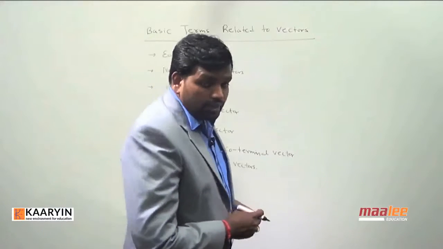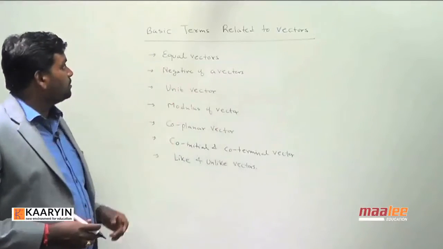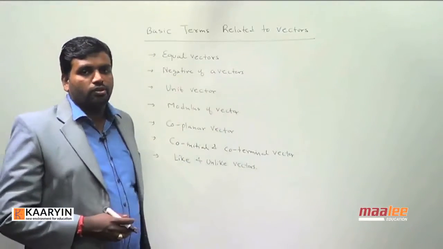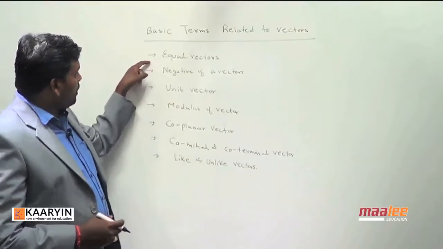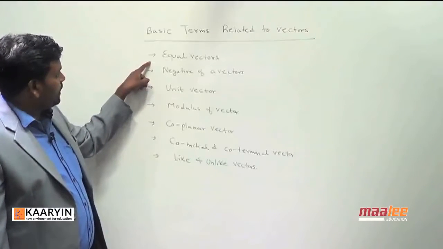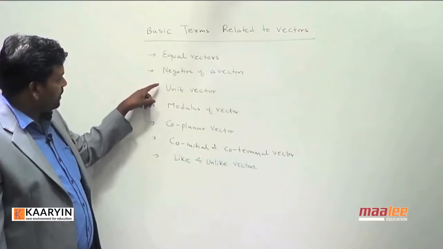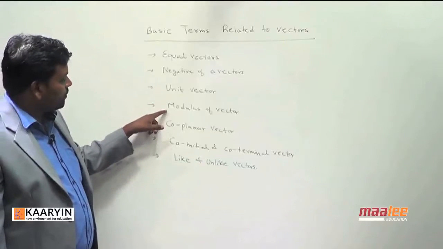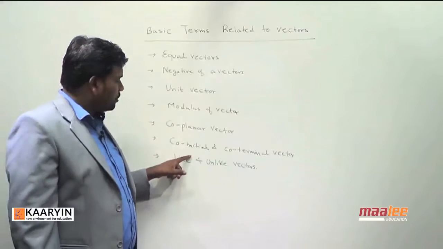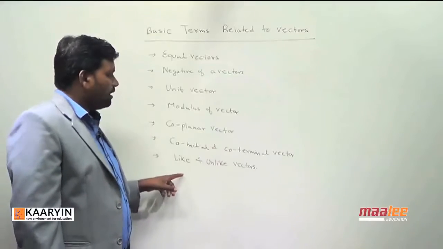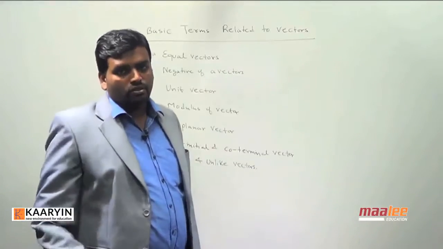Okay, so now we will discuss basic terms related to vectors. Our first basic term is equal vectors, second one is negative of a vector, then unit vector, modulus of a vector, coplanar vector, co-initial and co-terminal vector, like and unlike vectors. Okay. So now see,